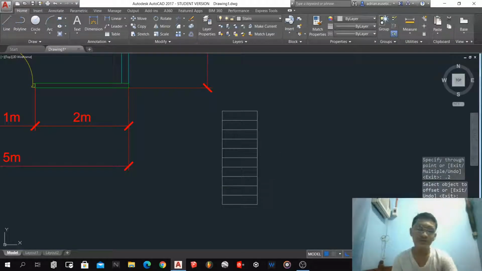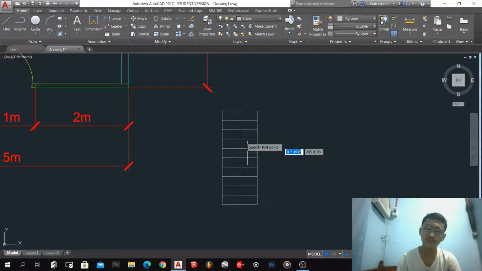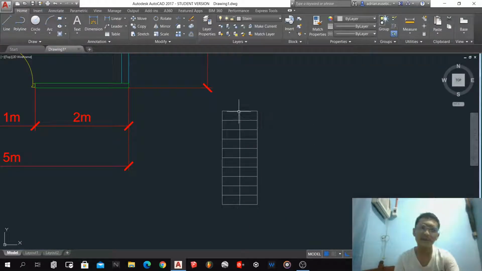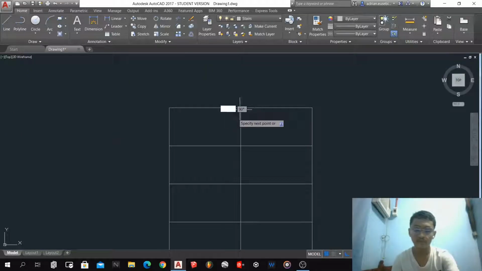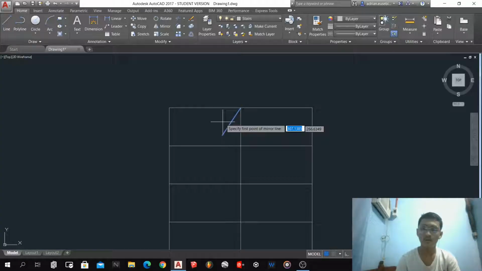So this is the plan view for the stairs,